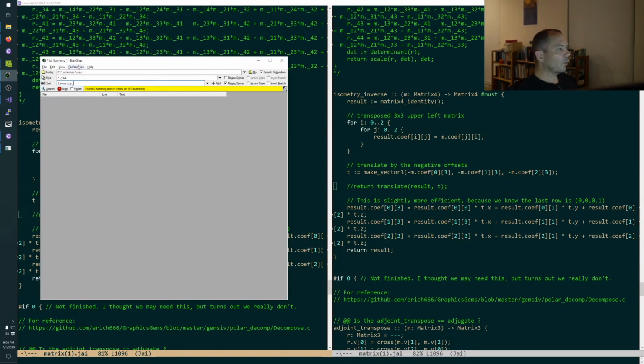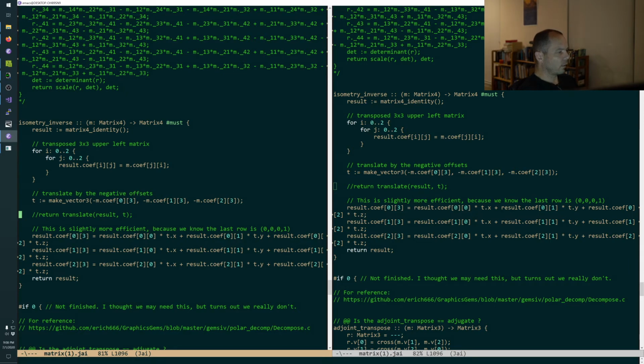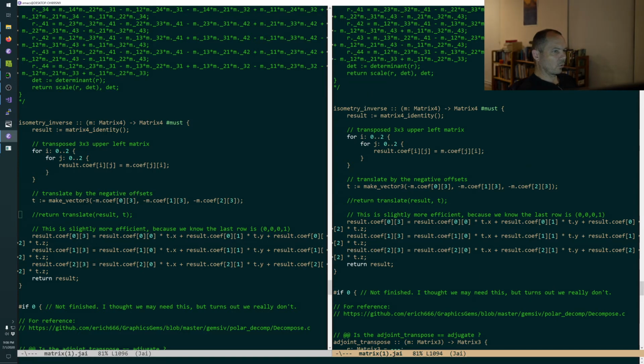Does anyone call this? If not, it's debatable that we should be having it here, but I guess one of our users is using it, so that's a good sign. Okay, so I just want to eyeball the difference here so I can see what it is. Wait, I'm looking at the same file twice.